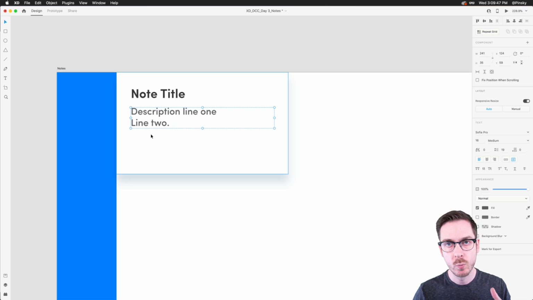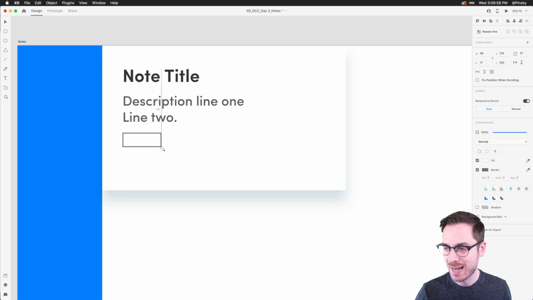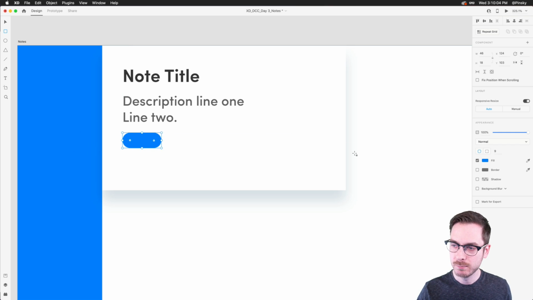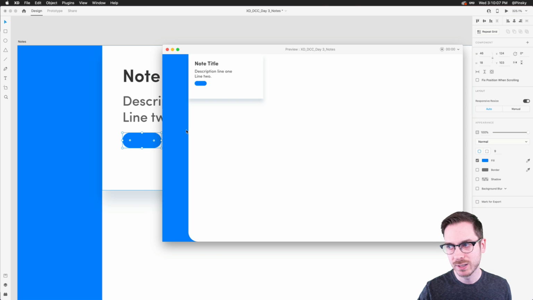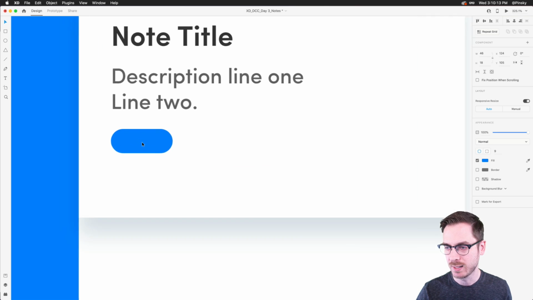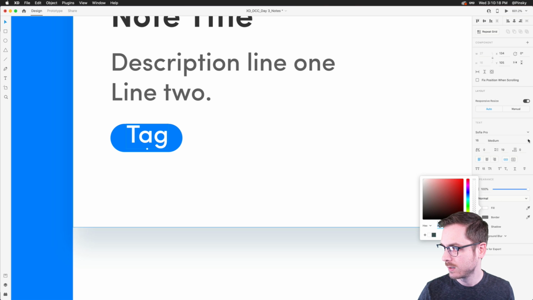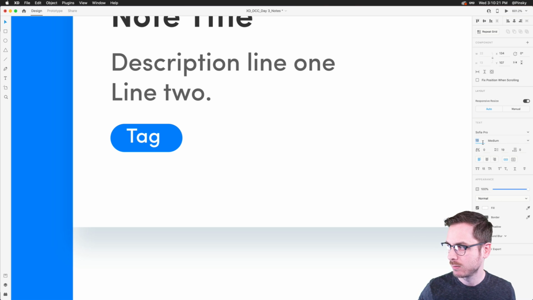Now maybe underneath we might want some tags, and this is where we can start experimenting with padding and stacks as well. So I'm going to grab the rectangle tool one more time. Everything's about the rectangle, isn't it? We're going to draw out one tag like that. Maybe I'll round out the corners to get a little bit fancy. And maybe for the color, I don't know, maybe blue. It's really bold, but it could work. We're going to try it and see what that looks like. And in the center, we're just going to type out tag for our first tag. I'm going to change this to white, medium, and we'll maybe bump this down to about 12. That looks pretty good. We've got about 13 pixels on the side, but we're going to change that.